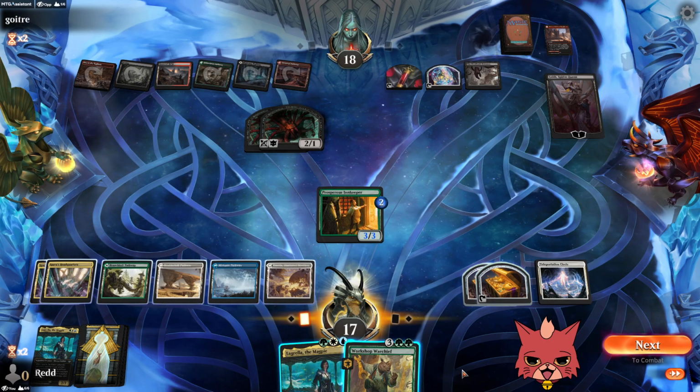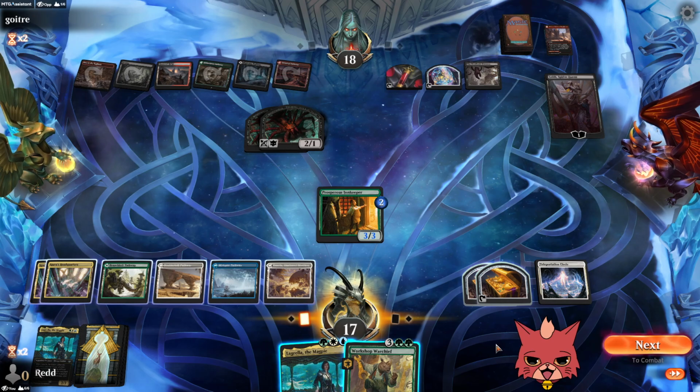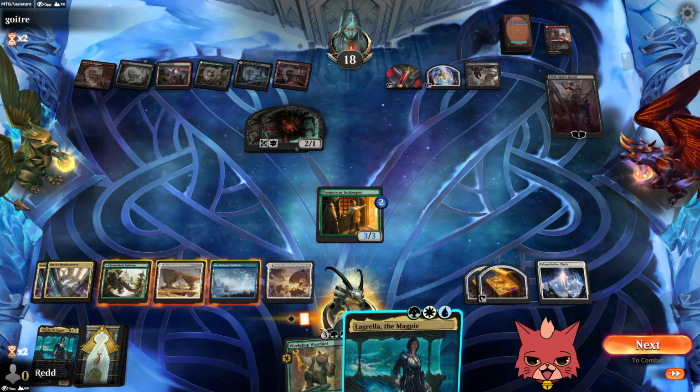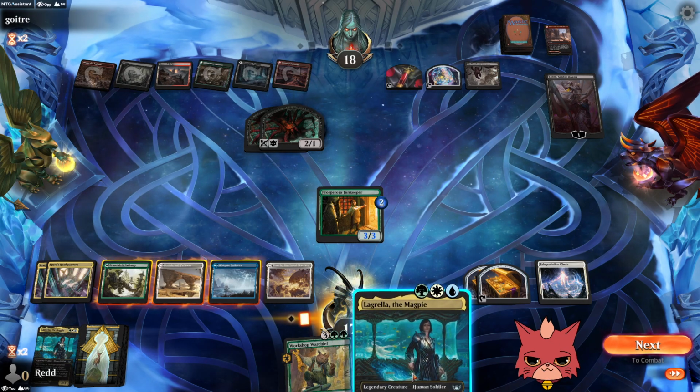Darn it. I really wanted to blitz this out, then use Teleportation Circle. Ah, man. 1, 2. Gotta kill the Lolth. The other Lagrella is actually pretty good here. Right? Because...